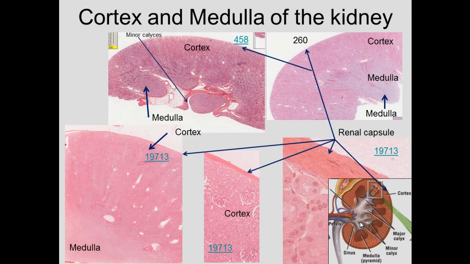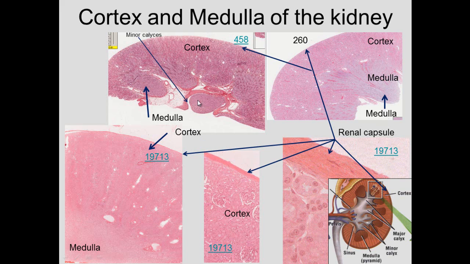Now, where the ureter and the blood vessels go in and out, that is the hilus region of the kidney. And here we see the kidneys of various kinds. We see the cortex and the medulla, and also we have a capsule that surrounds the kidney, dense irregular connective tissue with fibroblasts. We see the capsule located in different places. It's the renal capsule. You will see the capsule around this drawing, but with cortex and medulla with the capsule,